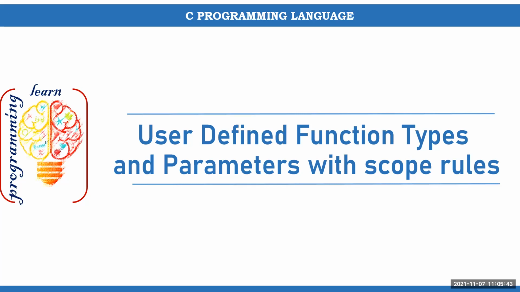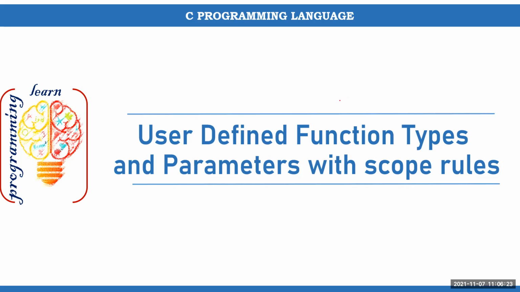In the last part, I discussed how to declare user defined functions, what their purpose is, and what the working process is in C programming. It was divided into 3 steps: declaring a function, defining a function, and calling a function. While working with functions, we found that a function can also return some value from its body to the calling function, and it can also take some inputs in the form of arguments.